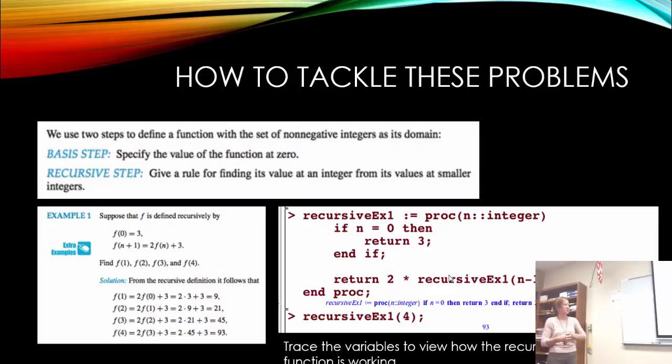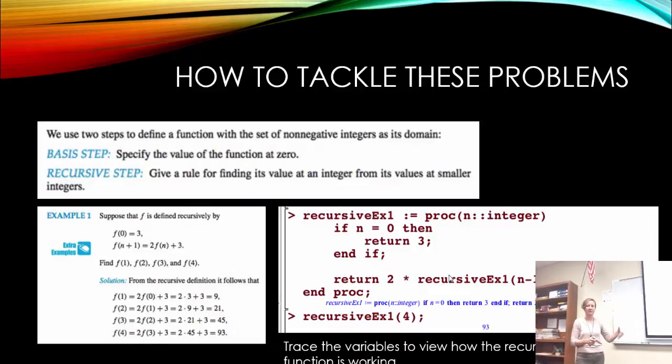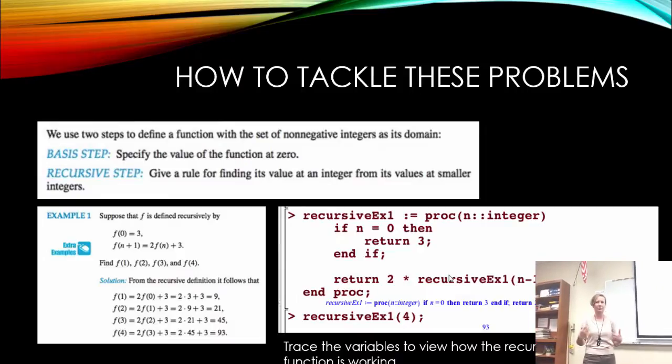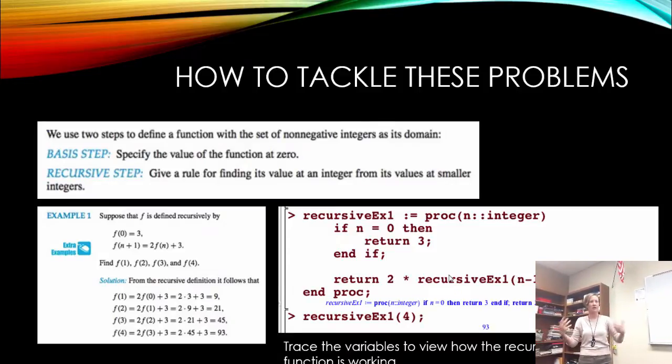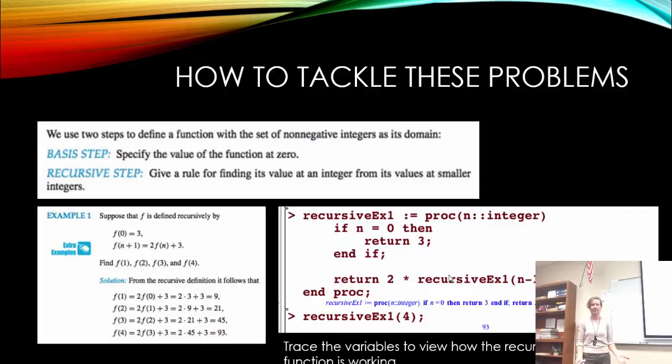Another thing that we can do, but we're going to do it with the Fibonacci series, is you can trace your variables as you're running this to see how he's working. Recursion is not as intuitive to people. Even people that are really good at programming sometimes find recursion not intuitive because we're not used to thinking recursively in real life. Okay? And once you get used to it, it does become more familiar to you, and it does become easier to visualize these things.